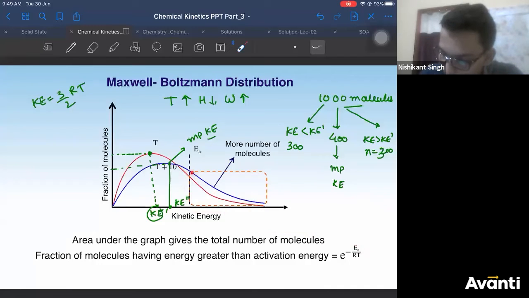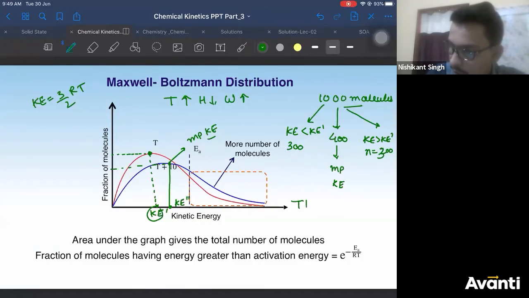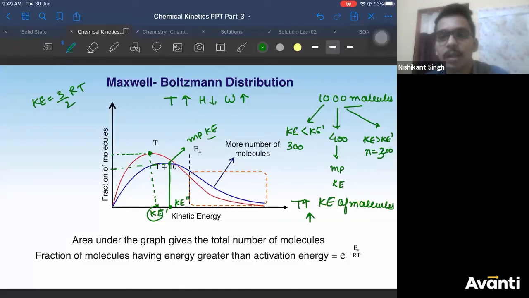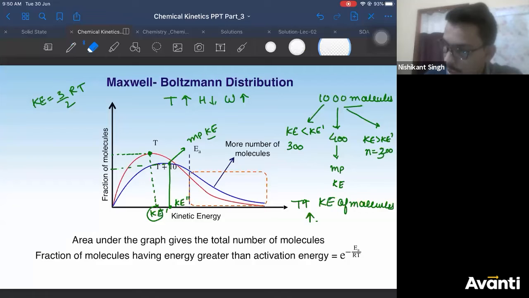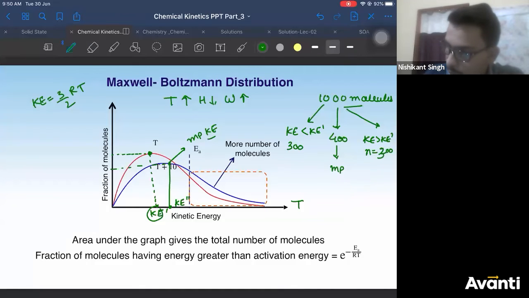But if you increase the temperature, see the area. This is the number of molecules having more kinetic energy. So you can see as you increase temperature, kinetic energy of molecules increases, right? Kinetic energy of more number of molecules increases, or you can say as you increase temperature, number of molecules having high kinetic energy